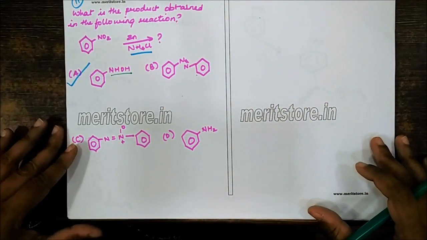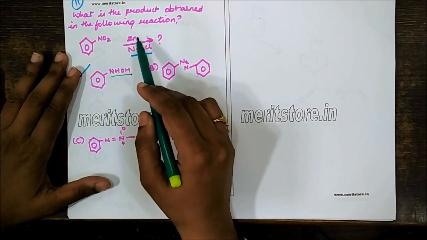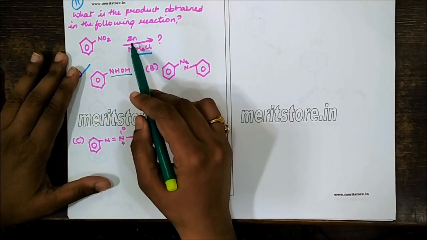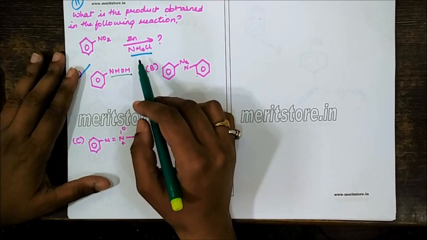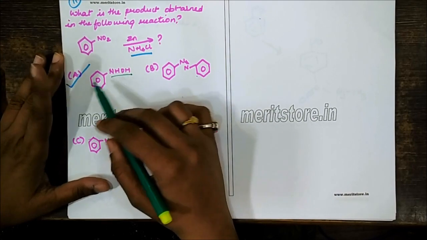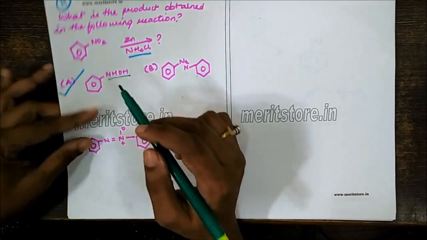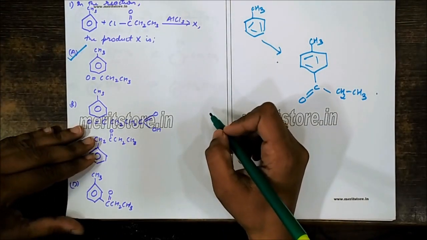What is the product obtained in the following reaction? Here we have a nitrobenzene which is being reduced with a zinc, but not in HCl condition. We are having a neutral condition of ammonium chloride. Hence we are going to get the partial reduction to get N-phenylhydroxylamine. Our option is option A. Next question is, the toluene